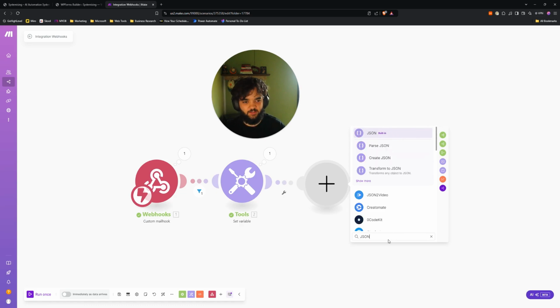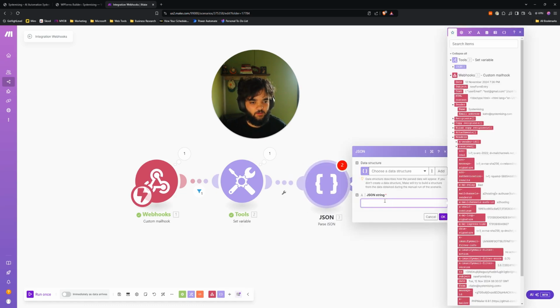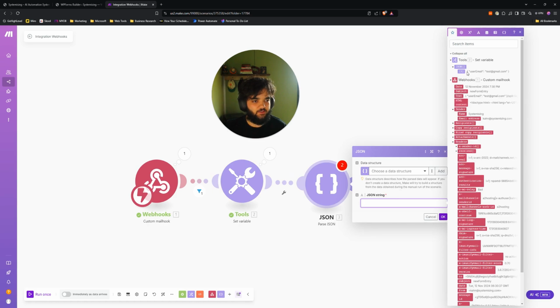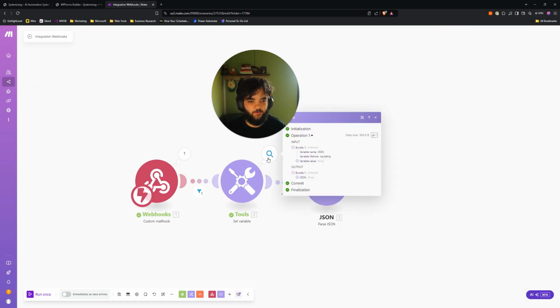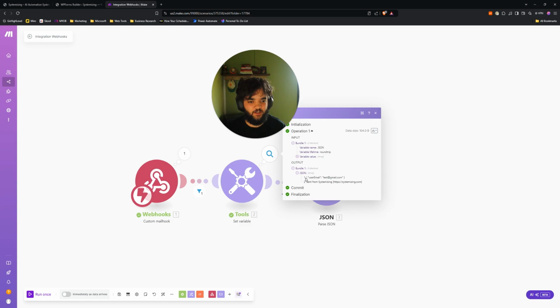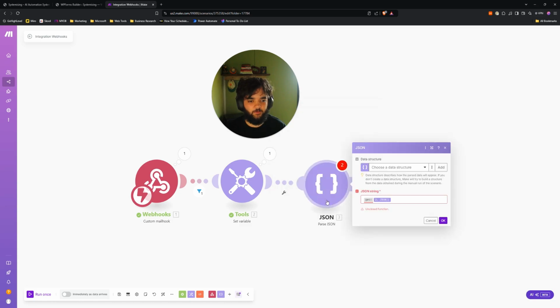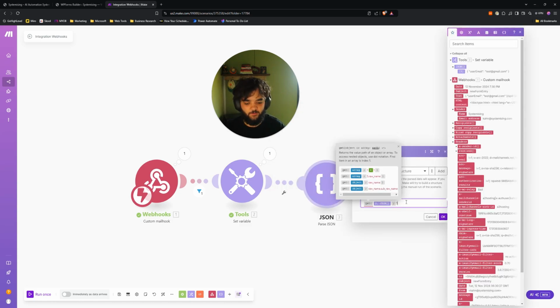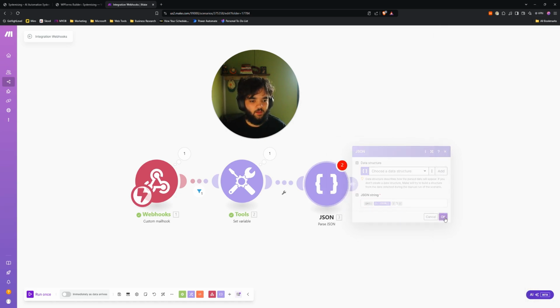is we want to pass this data to a JSON format. You've got to choose a data structure, and what we want is this has been passed to an array. So the easiest way we can get the data is we just want to get this array, and if we look in here in this array, we just want the first value. So we're going to select the first value, hit OK on that,